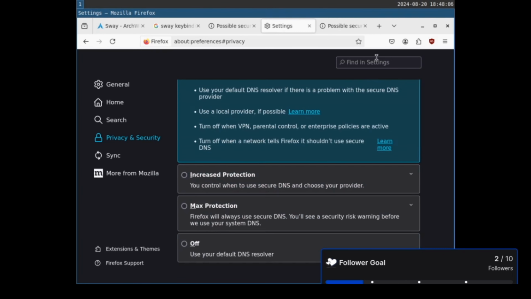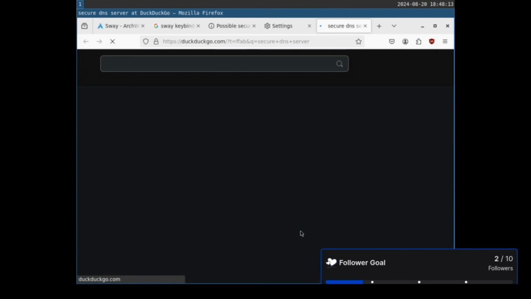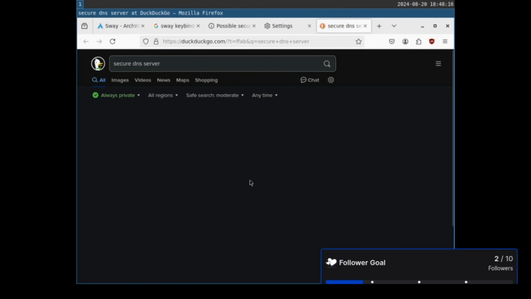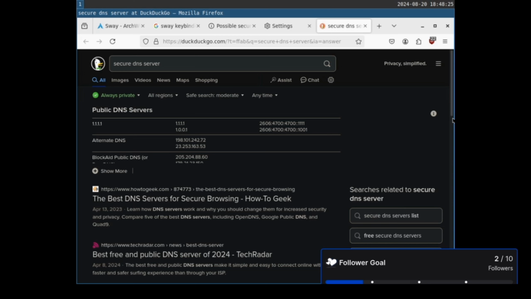That's one of those things where I feel like, is that censorship? I would not call it censorship, because you're becoming compromised unknowingly. If you want to knowingly join a botnet, I'm not going to stop you. Hannah Montana isn't either. So yes, here I'm trying to figure out a public DNS server, and I tried 1.1.1.1